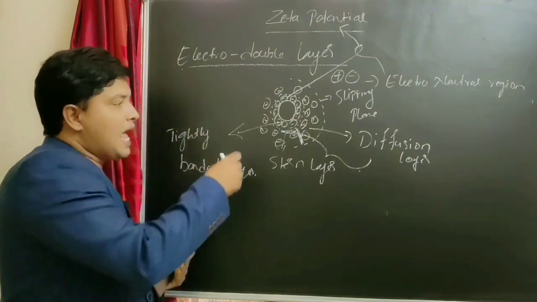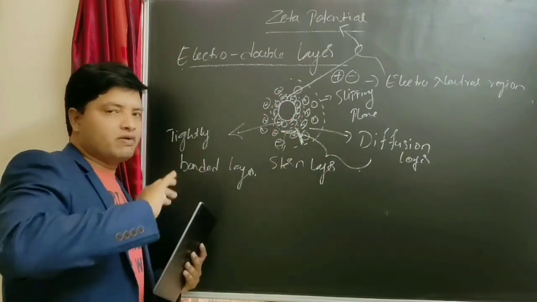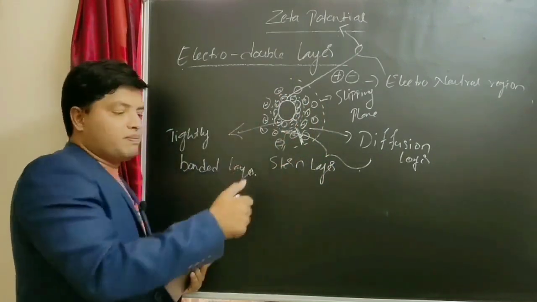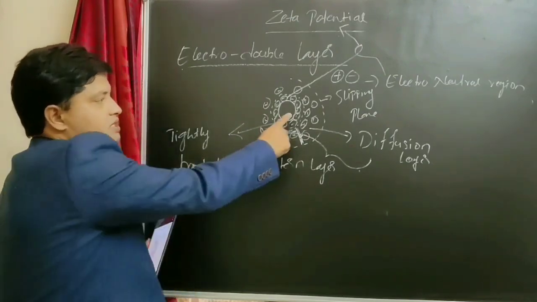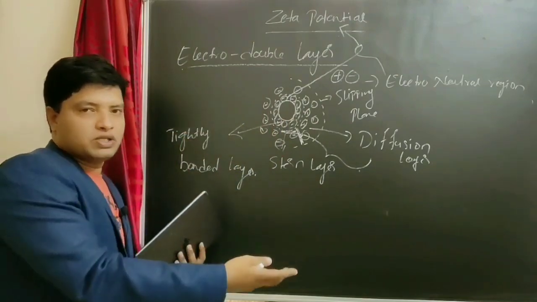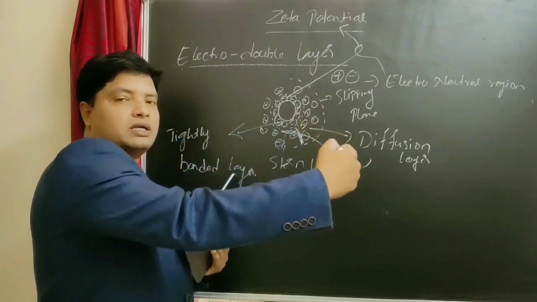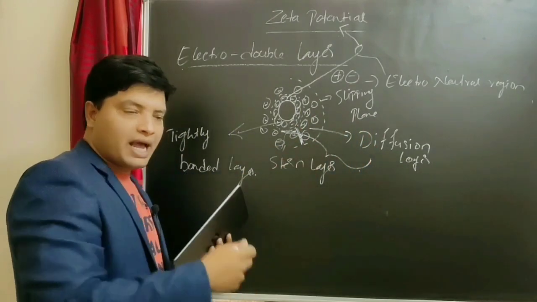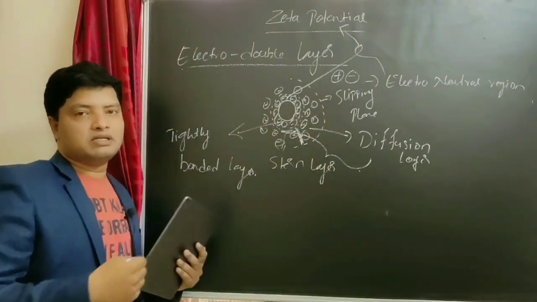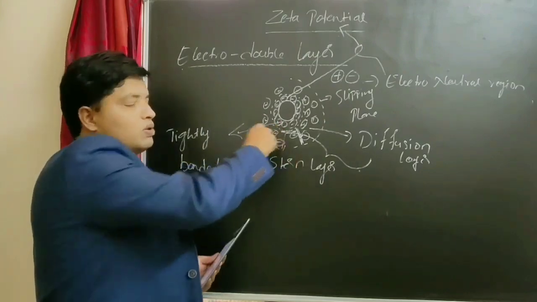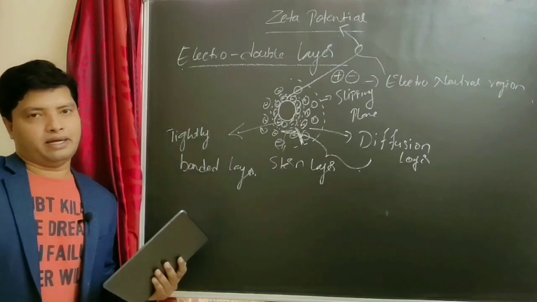Now what happens here, as soon as the particle tries to move, your diffusion layer will go off, it will go away, it will disappear, and the particle will move along with the tightly bonded layer. So overall the charge of the particle is negative, because here adsorption of negative ions occurs. If positive ions are adsorbed, we get a positive charge. When the particle moves, the diffusion layer disappears. When it stops, this whole process continues again and the diffusion layer reappears. When the particle moves, only the tightly bonded layer moves along with it, hence the name tightly bonded layer.